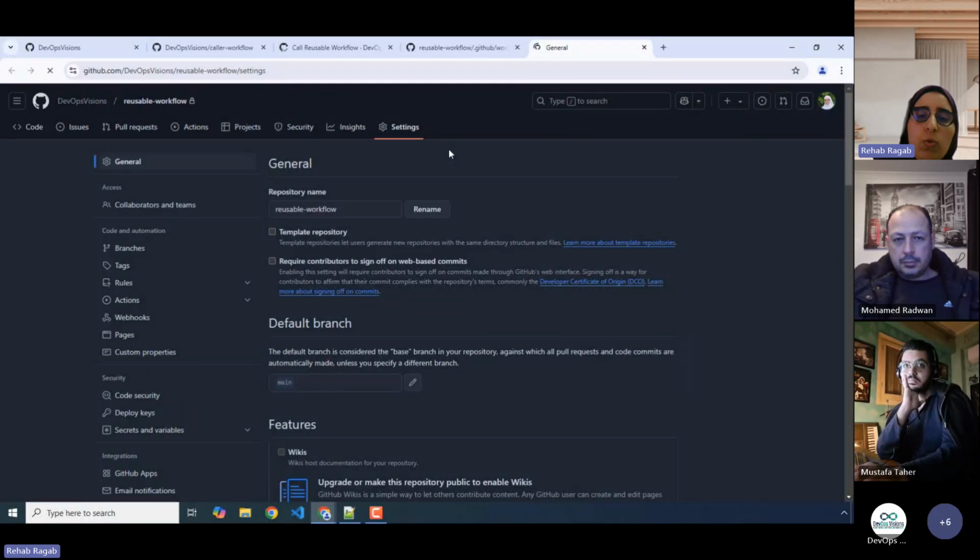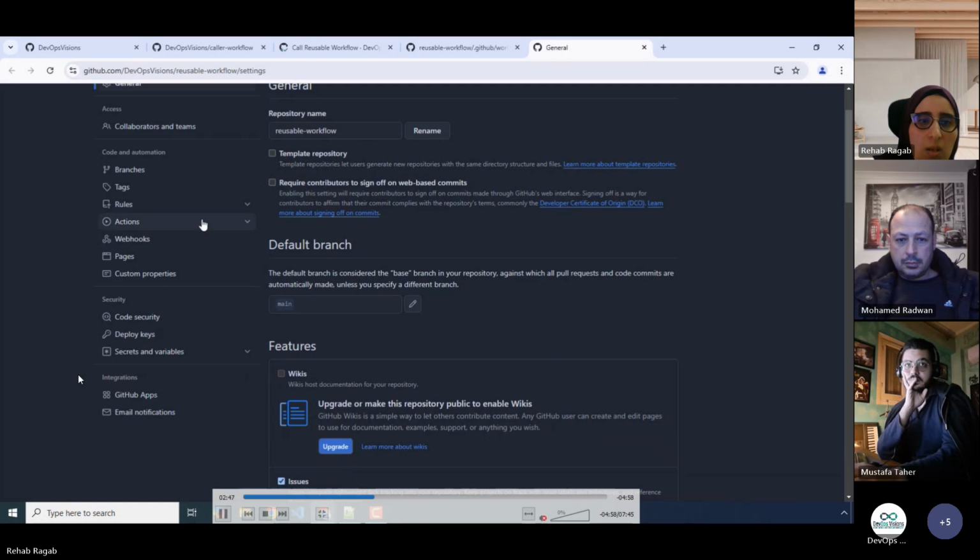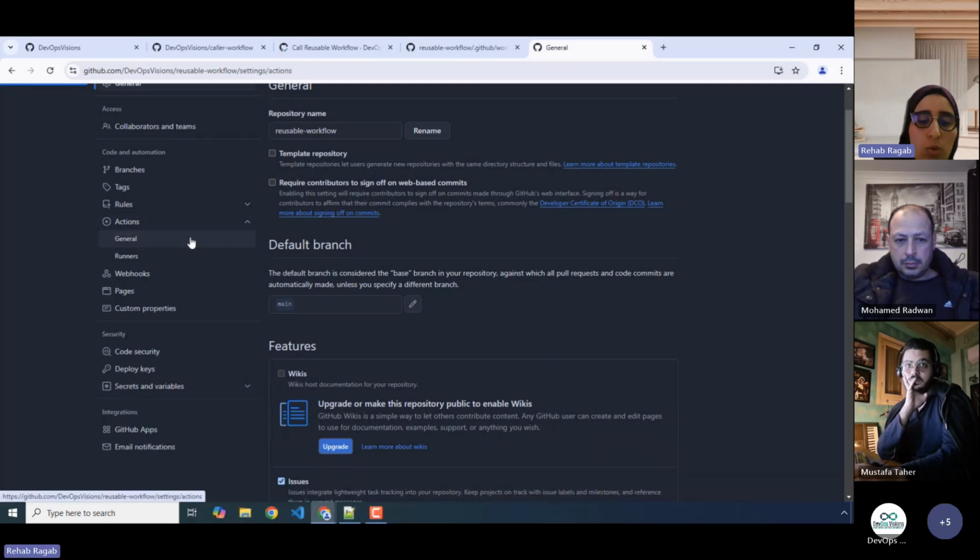What if you would like to reuse it in any other repository? As this is a private repo, you just need to make this workflow accessible.